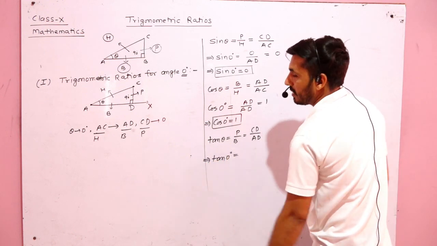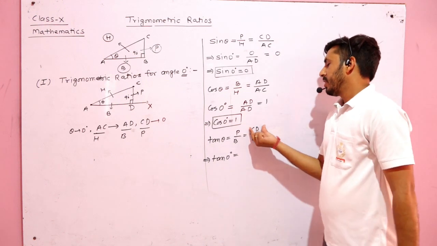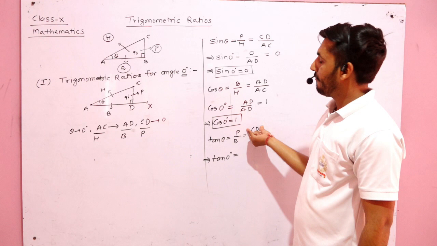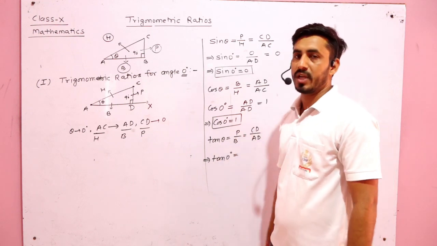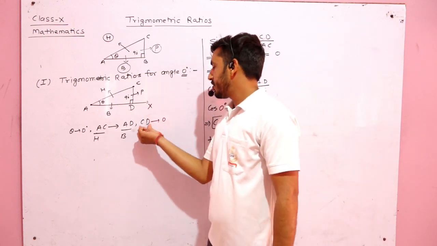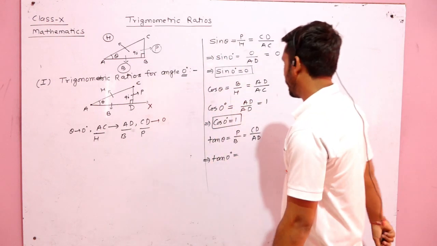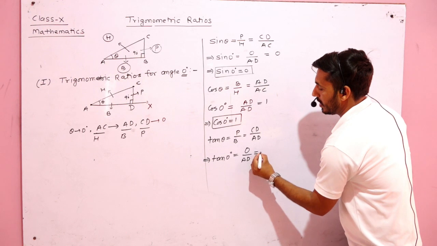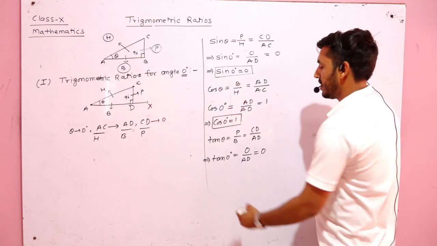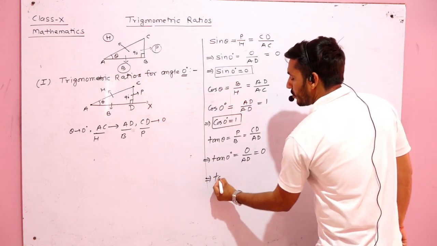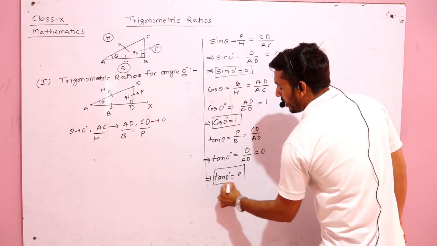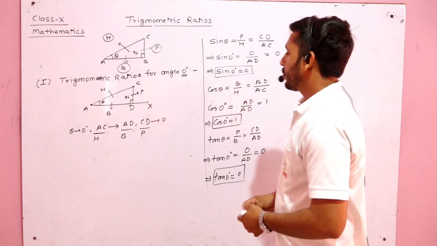Let us see the value of CD when I am moving theta towards 0 degree. You can see here CD is tending to 0. It means it will be 0 upon AD, and the obtained value will be 0. Then tan 0 degree is equal to 0. Okay, I have got all three